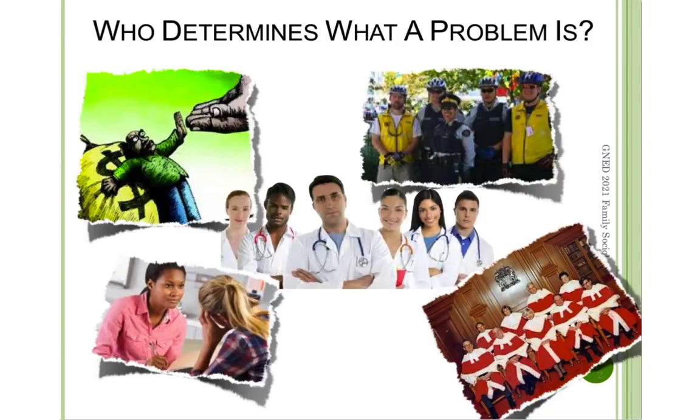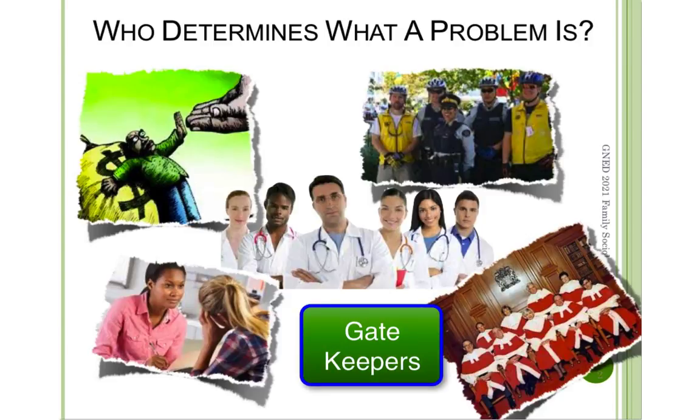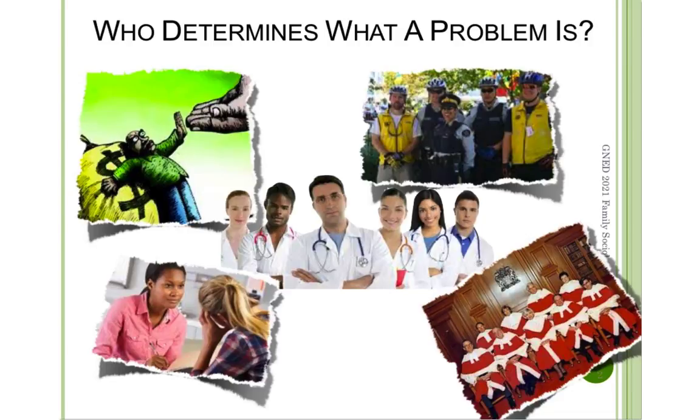So in order to gauge who does and who doesn't, and who's entitled and who's not, there are what are called gatekeepers. Now, gatekeepers you can put in quotes. It's not like there are actual people standing at a gate letting people in and turning others away. But they are individuals recognized as having special expertise in identifying problems who control access to important people or important services. In Canadian society, gatekeepers would include doctors, police officers, judges, social workers, the people who would say, based on diagnosis or based on condition of law breaking or based on some other criteria, that you do qualify or you do not qualify.